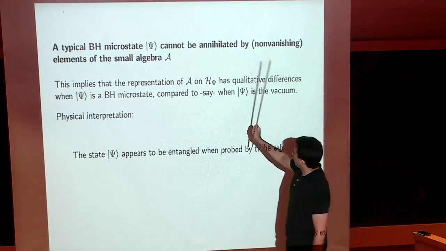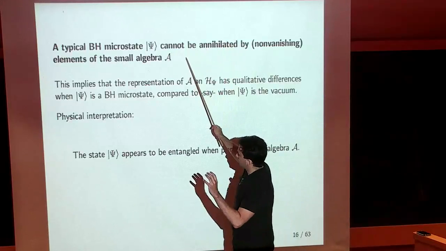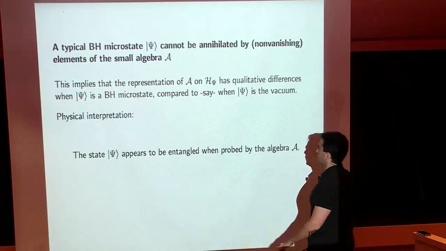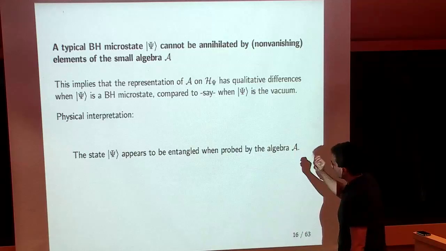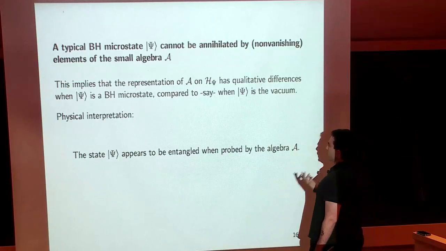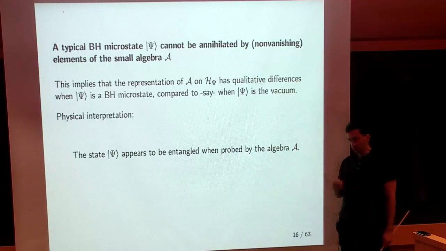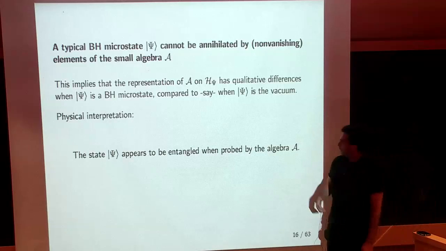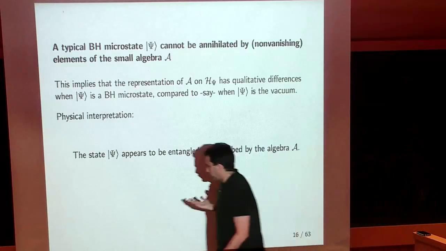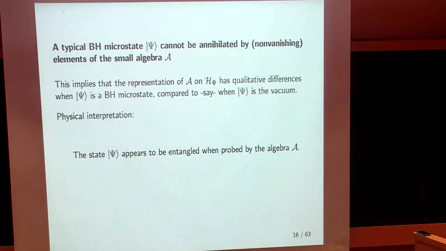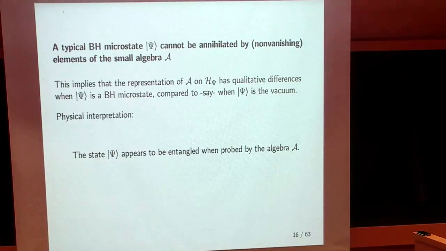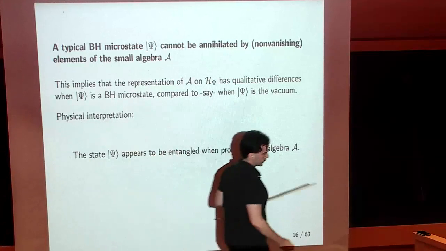So again, the important element, the reason that we have a qualitative difference between the black hole and the ground state, is that in the case of the black hole, we cannot annihilate the state by acting with simple elements of the algebra. In the case of the ground state, you can definitely write down annihilation operators. If you take the CFT on the sphere and you act on the ground state with this operator, then this is equal to 0. So you can annihilate the ground state. But in the case where you have a black hole, this is not possible.